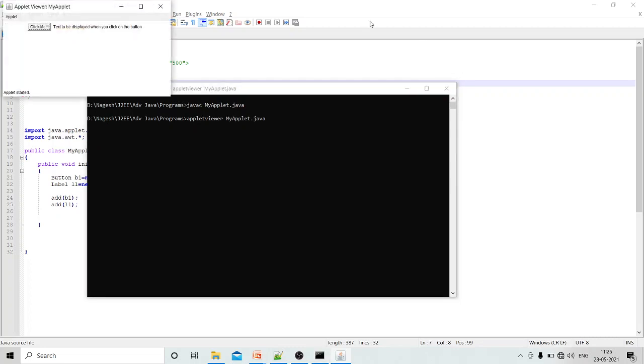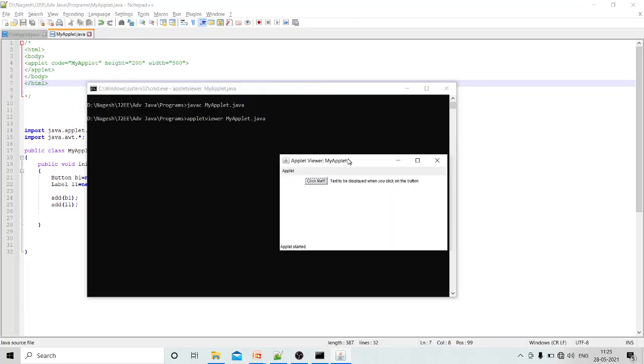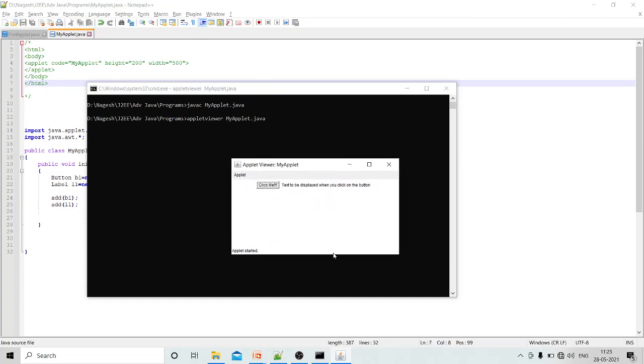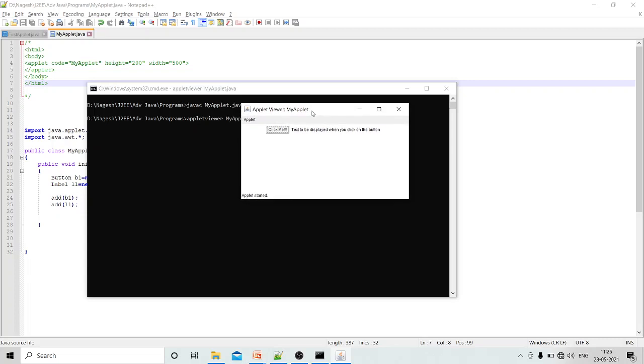Now you can see it is displaying our GUI, the graphic interface, and this GUI contains a button and a text field. Okay, so this is our GUI. There is a button and text field. So the first step is done. Create your GUI. We have created the GUI. See, I am clicking on the button but nothing is happening because event handling part is not declared yet. We have just created the GUI. Now we need to follow the second step.